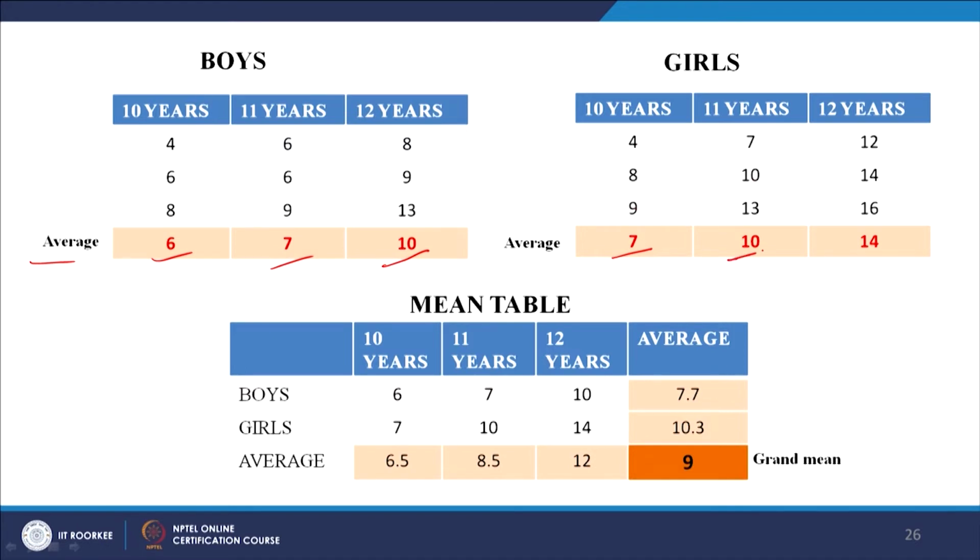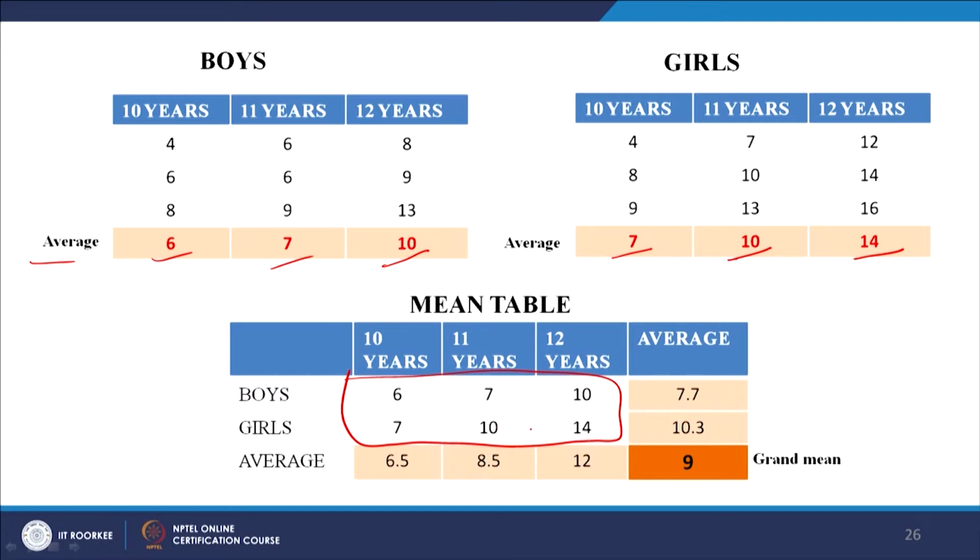So, this is 10 and this is 14. Okay. Now, let us write the mean table at one go. So, how does it look? So, boys, girls, 10, 11, 12. So, just imagine now this much only for the moment. So, boys 10 years 6, 11 years 7, 12 years 10, girls 10 years 7, 11 years 10, 12 years